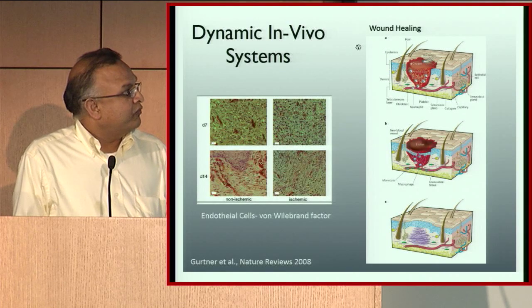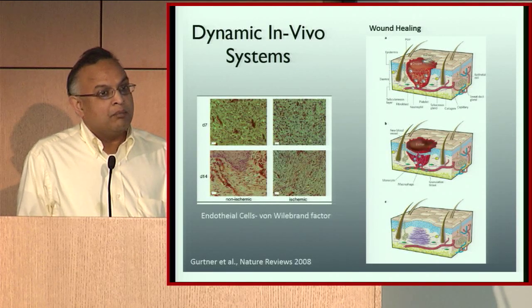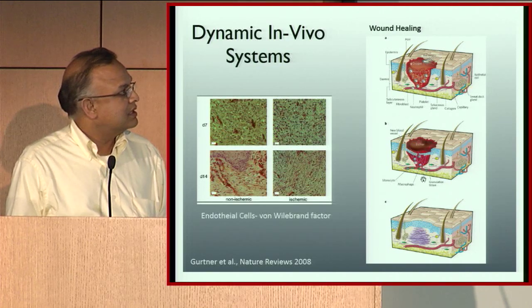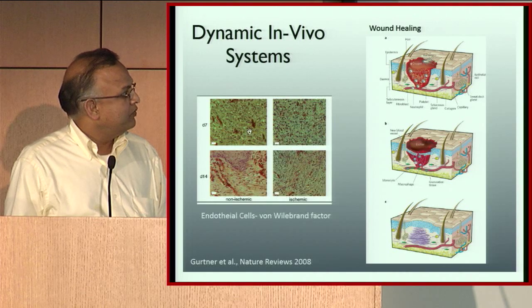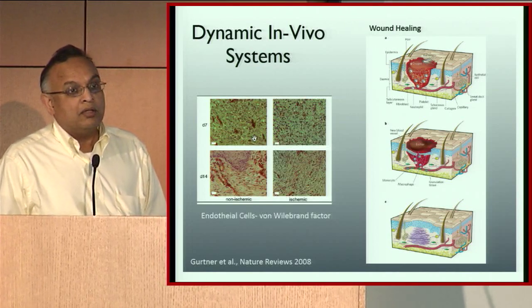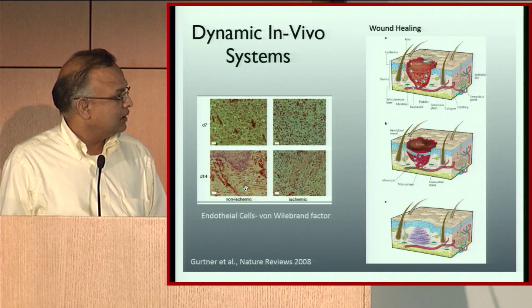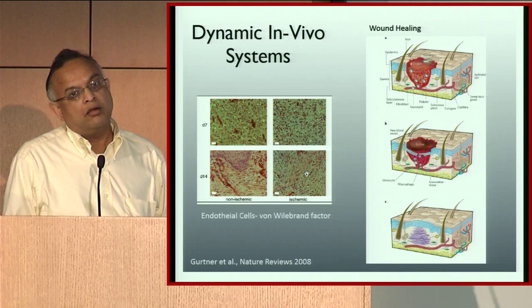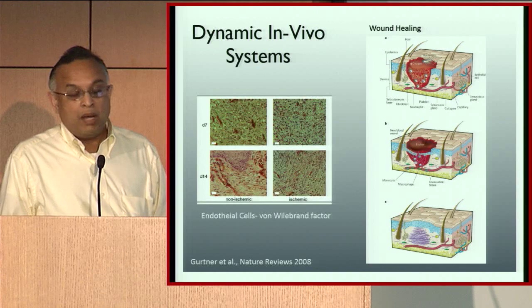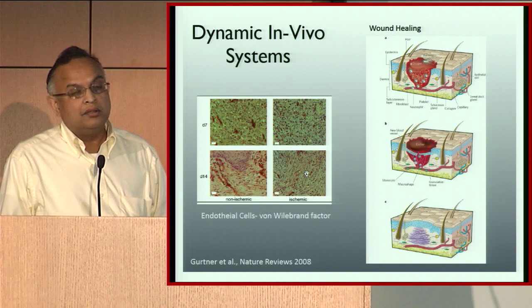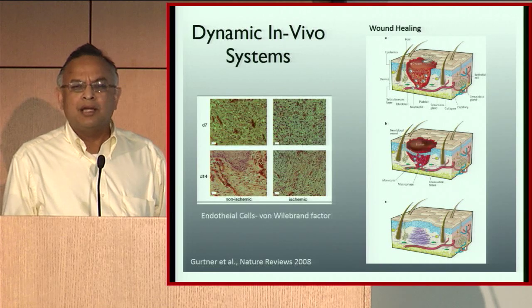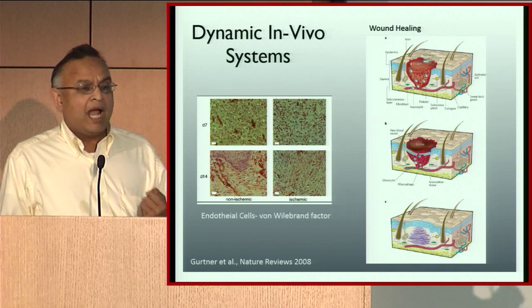For example, if you take a dynamic in-vivo system, like the wound, you can see the panel here. And of course, if you take tissue samples, you see a lot going on on different days, and depending on the condition, non-ischemic or ischemic, there's a lot of remodeling at the tissue level, and maybe even changes at the cell and nuclear level. So how do you even try to get some handle on this?